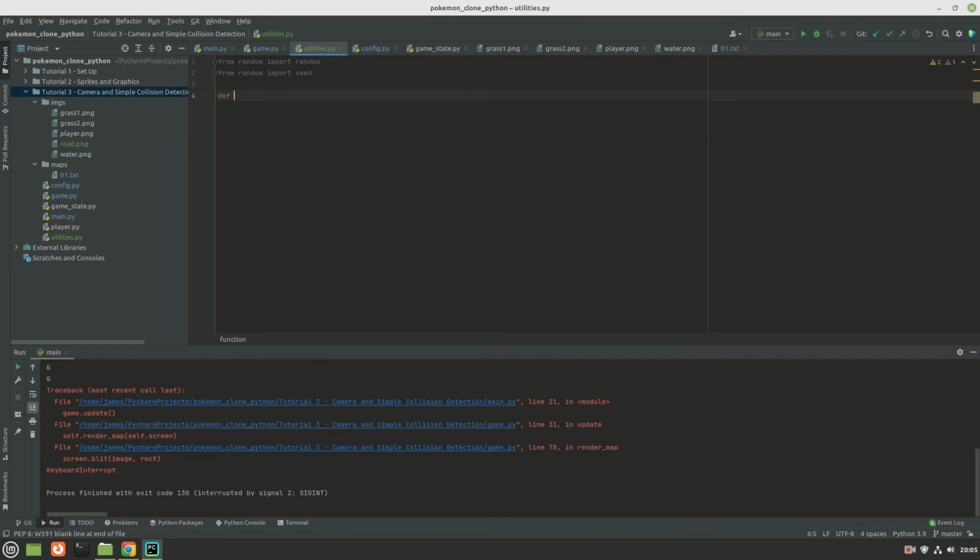Then we want a method generate random number.